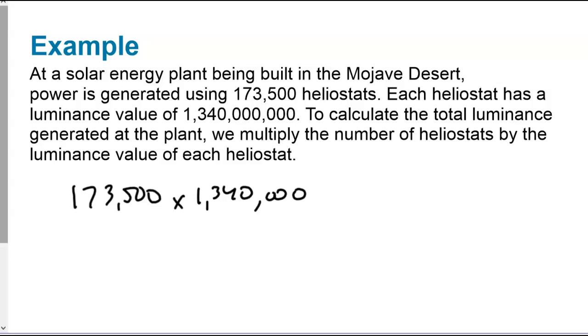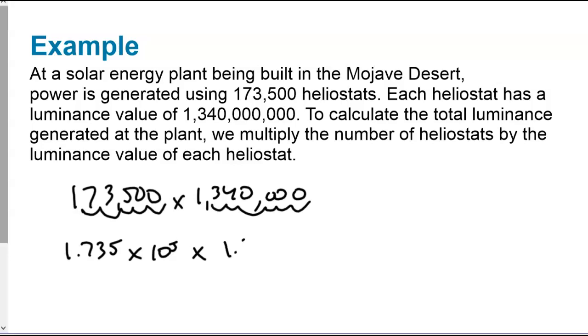We know that there's a decimal at the end here, so we're going to go 1, 2, 3, 4, 5. So we end up with 1.735 times 10 to the 5th times, let's see, 1, 2, 3, 4, 5, 6. So 1.34 times 10 to the 6th. And so to be able to multiply those together, we will